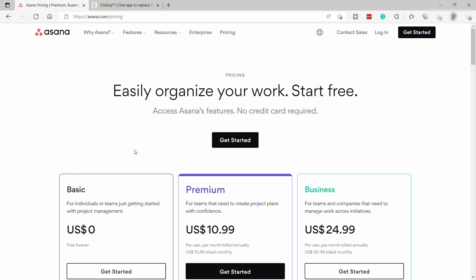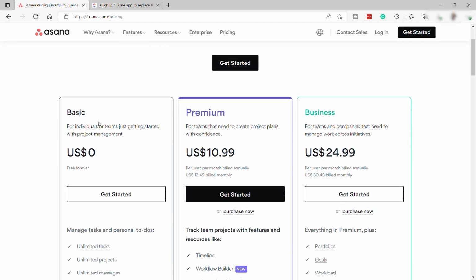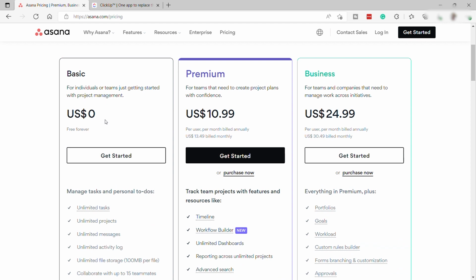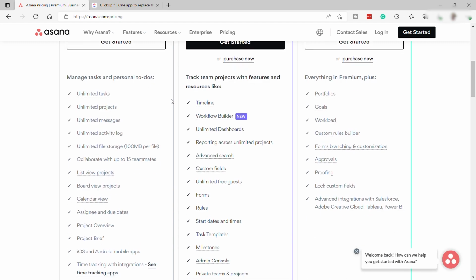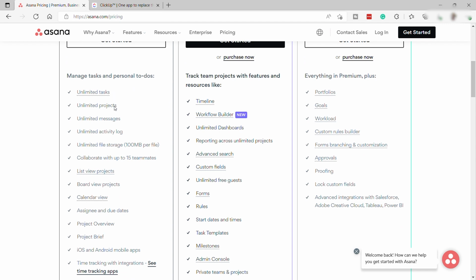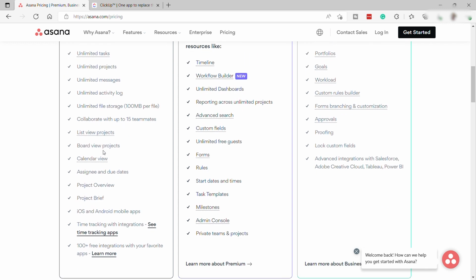Asana has three different plans, starting from the basic plan. It's the free plan, perfect for individuals or teams just getting started with project management. But it only includes some basic features such as unlimited tasks, unlimited projects, unlimited messages, activity log, file storage with a 100 MB per file limit, and you can also collaborate with up to 15 teammates, list view projects, board view projects, calendar view, assignee and due dates, project overview, project brief, iOS and Android mobile apps, which is good because